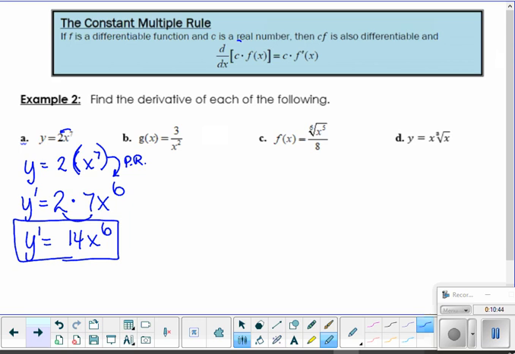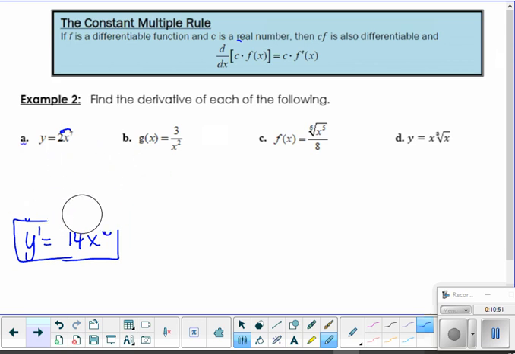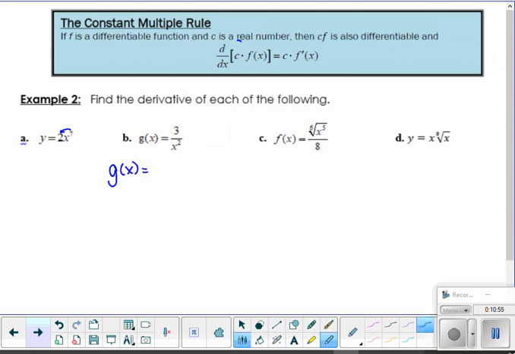For B, not quite as nice as A because I noticed that my x is in the denominator. So in order to handle that one, I want to rewrite this. So I'm going to have g of x equals 3x to what power? That's right, the negative 2 power. And then I'm going to take the derivative g prime. I have a constant multiplier, so I'm just going to move 3 forward, and then I can bring that negative 2 down, x to the negative 2 minus 1, power rule,